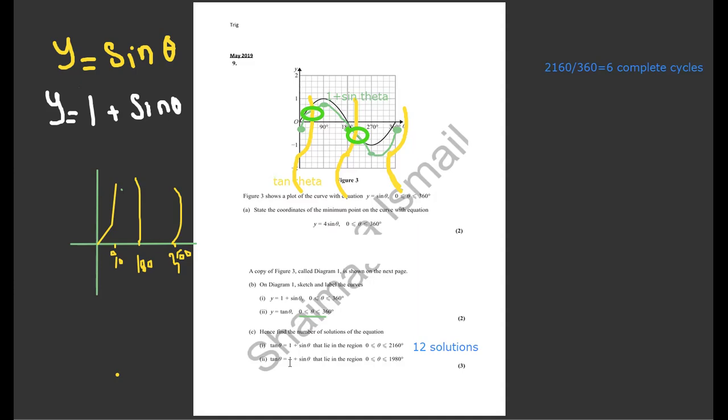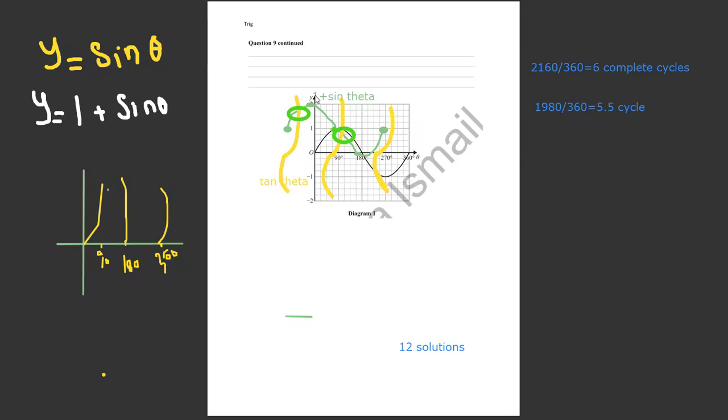Okay, tan theta equals 1 plus sine theta in the region between 0 and 1980. So we have to take a different number, which is 1980, and divide it on your calculator by 360. It gives us 5.5 complete cycles of the angles. So here, in each cycle we have 2. The question is how to get the half. Every one we have 2. How about a half